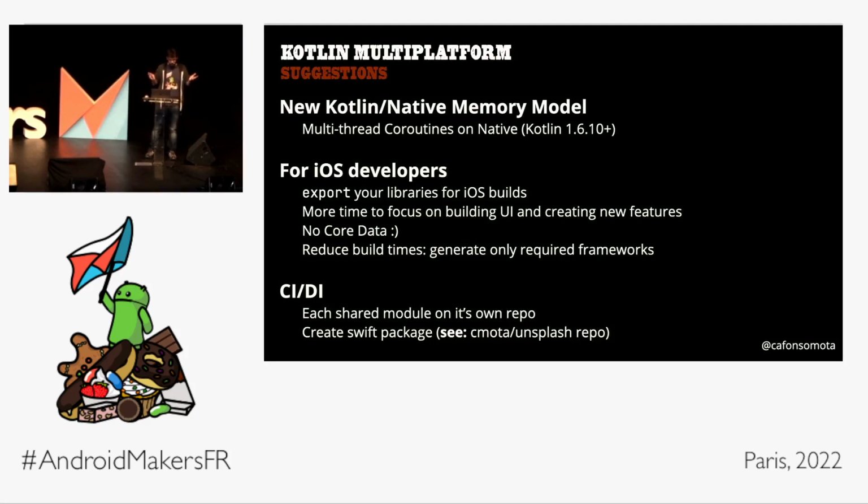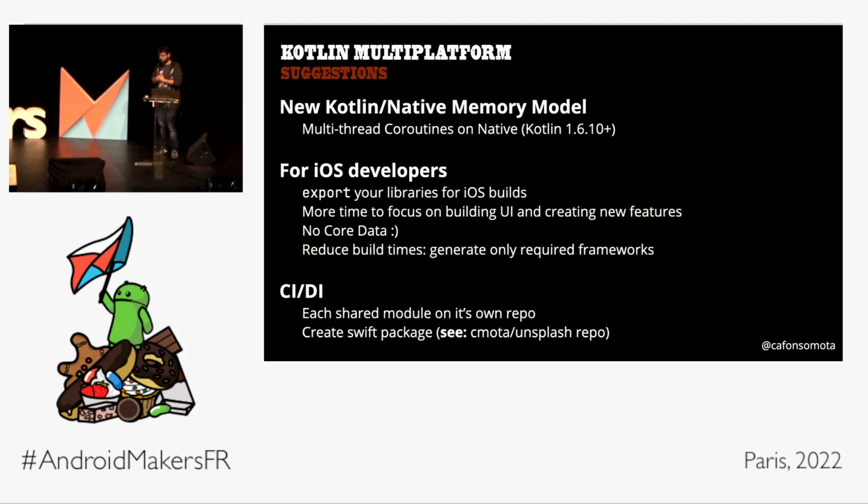I think that you can sometimes complain about the time that the framework takes to be compiled. There are a couple of tricks here. You can just compile, for instance, for the target that you're going to deploy your application. In the case of iOS, you don't need to compile debug, release, and simulator. You can just use the simulator or just the debug one. And this saves you a lot of time. And of course, you can have the CI created for this.